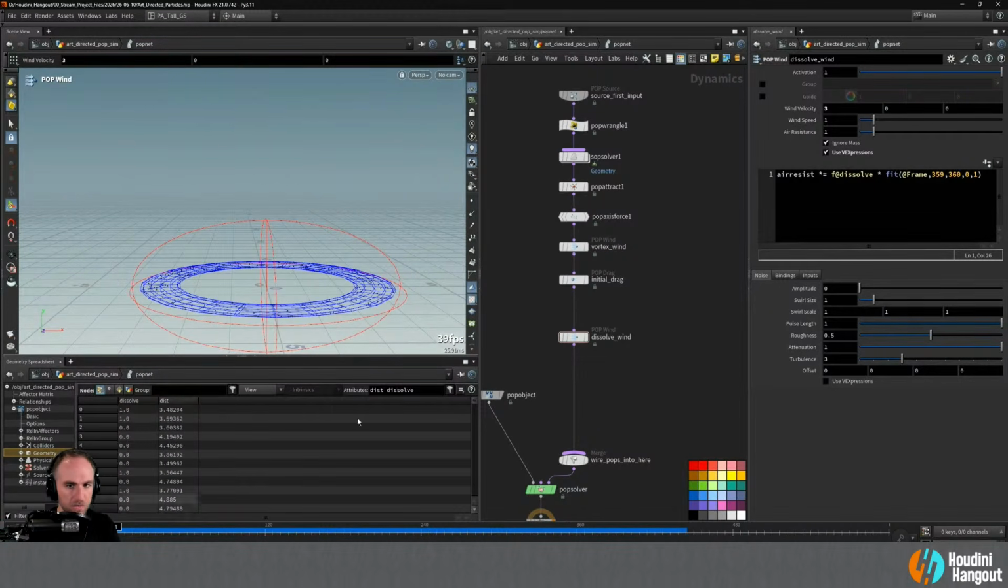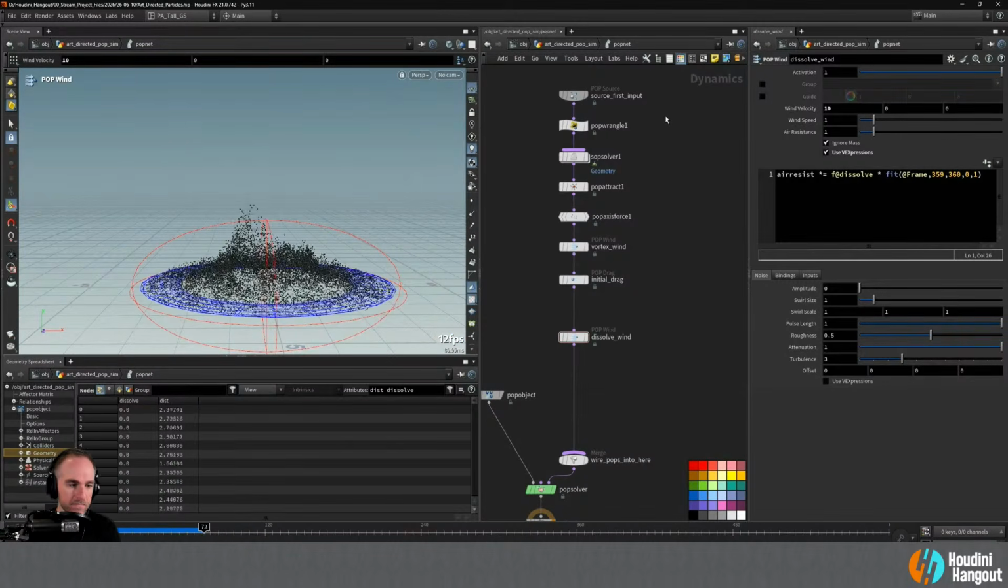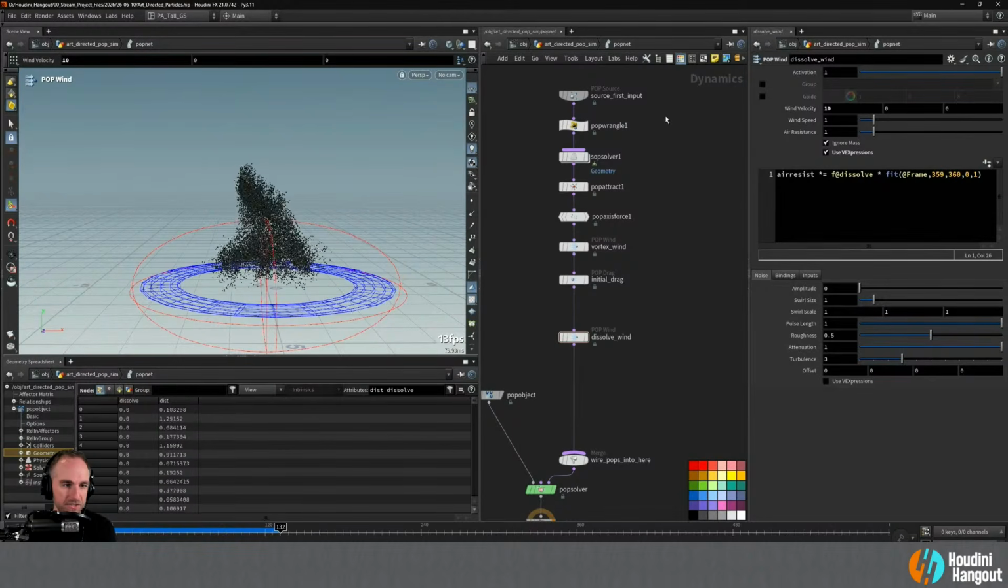Okay, so let's just make this way more. Just make it like 10 because it's definitely not letting it blow away. So we're just going to turn that up and see if we're going to see anything here. Not sure if we will or not, but could probably actually change that to be like